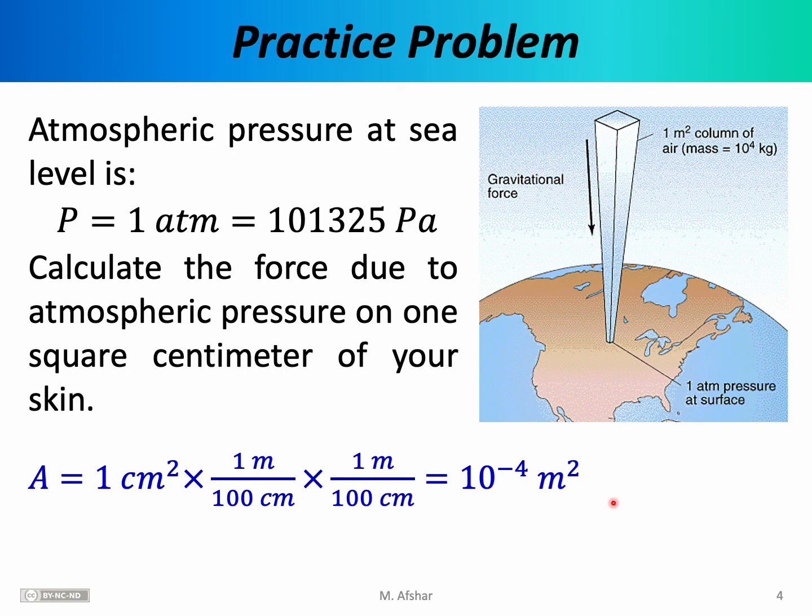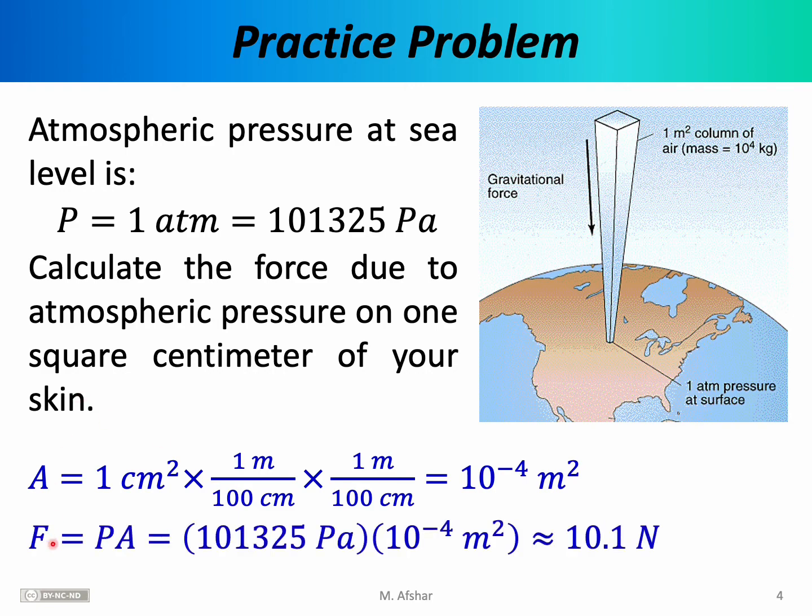Now that we know the area, we can easily calculate the force. Pressure is defined as force divided by area. Rearranging that, we find that the force is pressure, which was given, times the area, which is equal to 10.1 newtons. So all the air above your head is actually exerting a force of about 10 newtons on every square